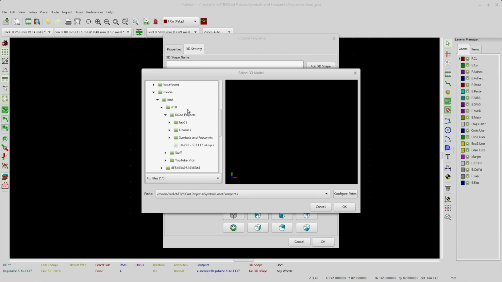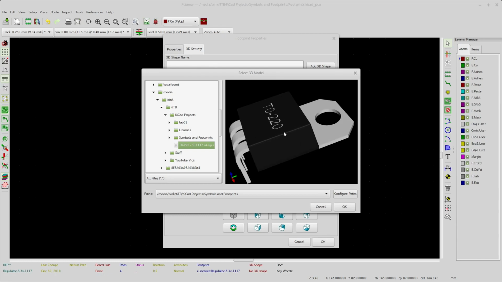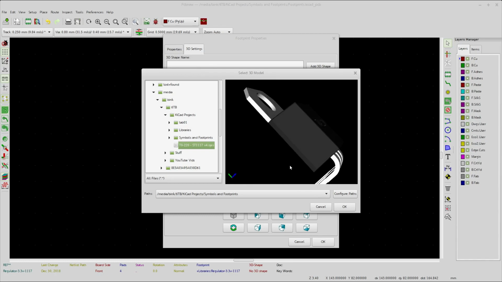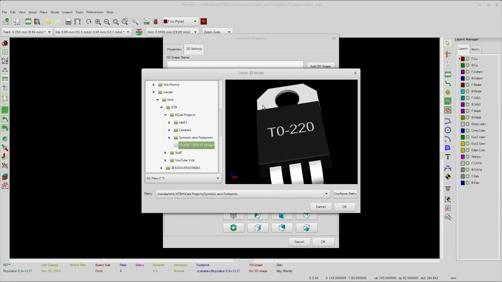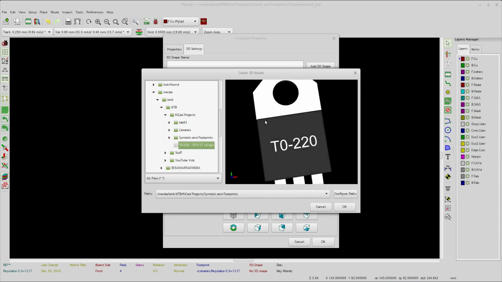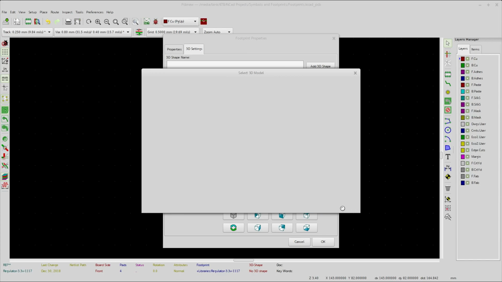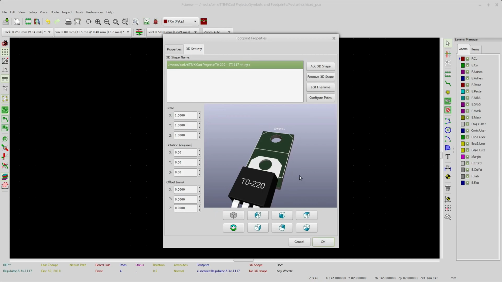So you see this? Under the KiCad projects, we've got our TO220, the IGES file that we just exported. And look at that. Boom. There it is in all glory and blazing color, black and sort of white. Look at that. So no conversion, no something into something to get to something else. You just do that. Now when you bring it in, it sort of sticks it off kilter a little bit,